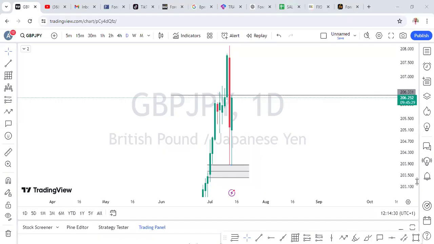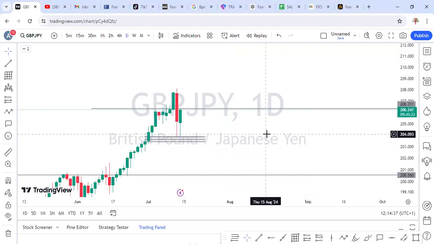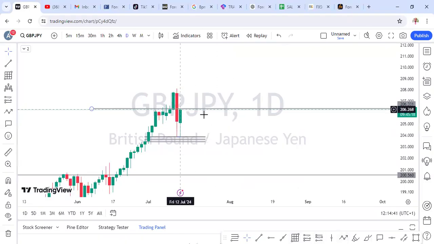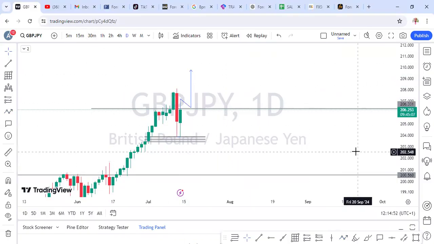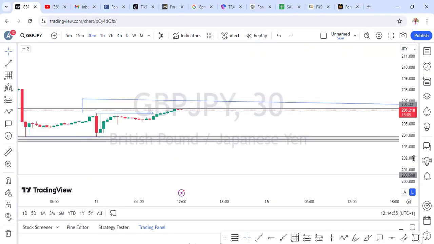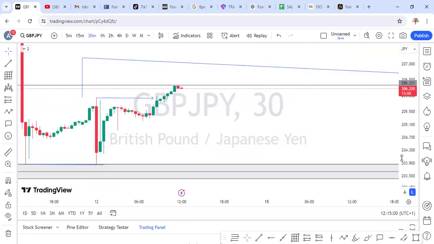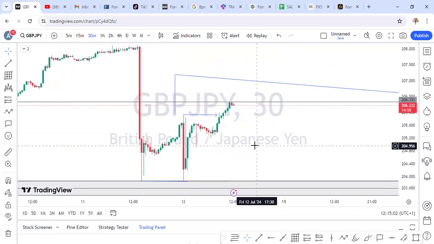So going forward on GJ, we need price to close above here, then we can get a continuation. That is step one. Then step two, what we can do on GJ is look for an avenue whereby we can have,